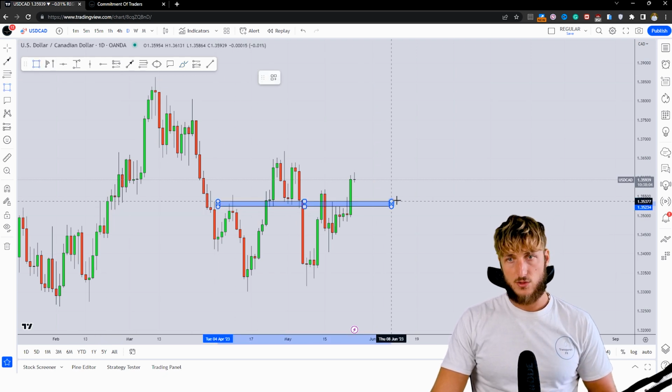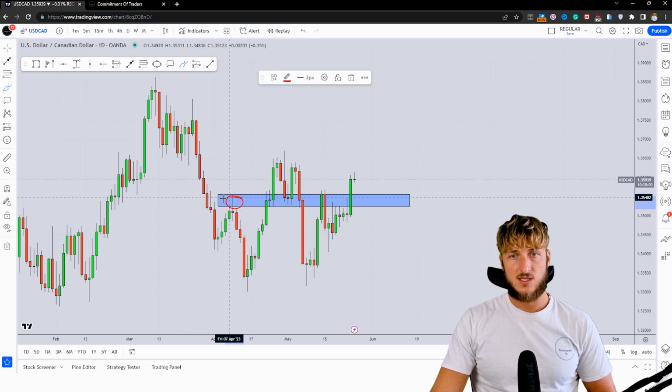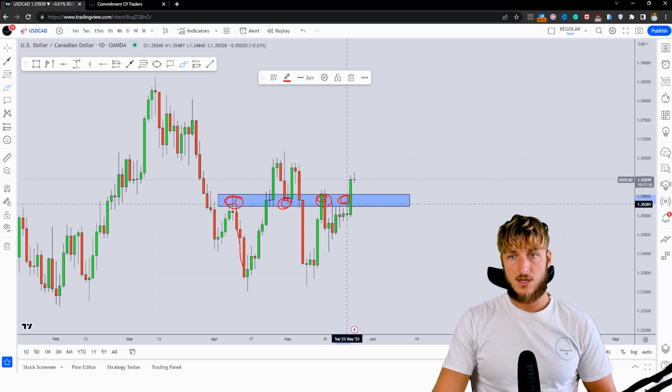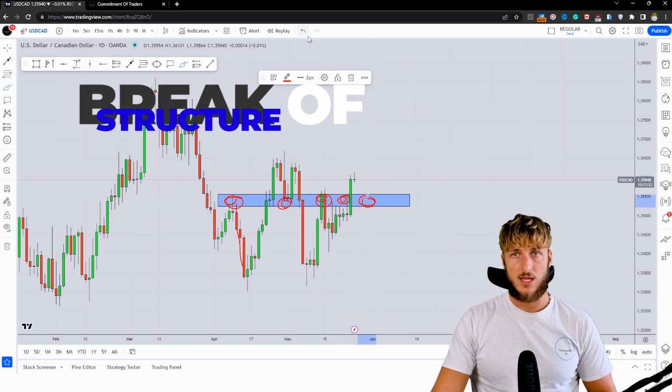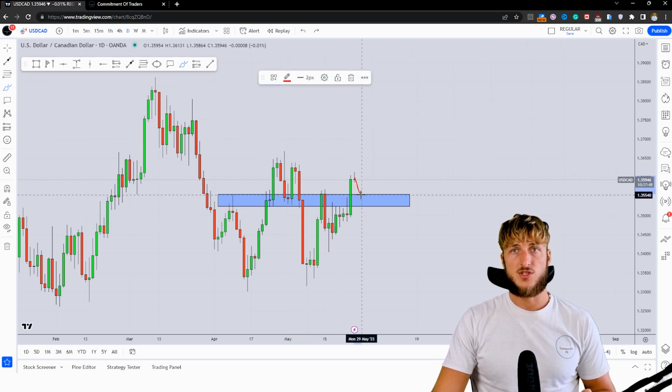Now, if we move back here to the technicals and we identify the structure, we can see how this area was acting as previous daily resistance here, turned support here, again resistance here, and now that the market has broken it to the upside, it has turned support at this level. Now, what we could expect here is a potential test of this previous resistance turned support, and then a potential